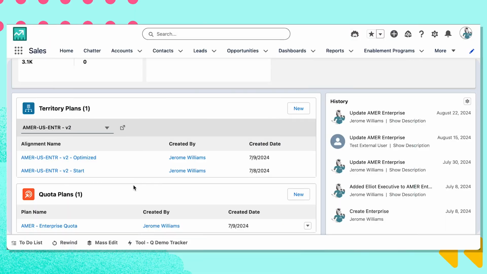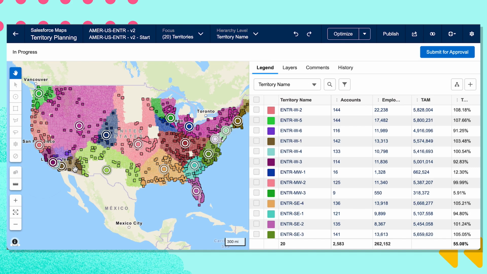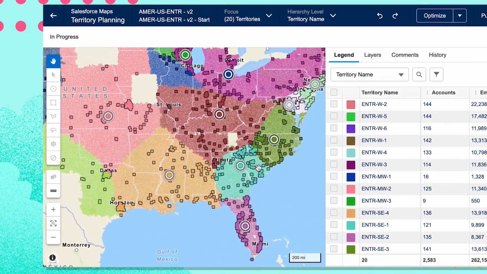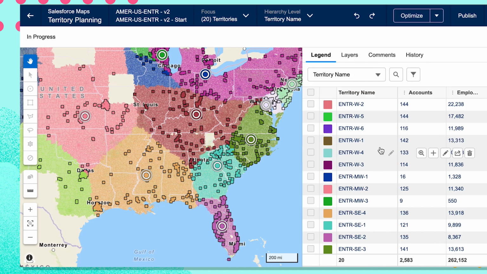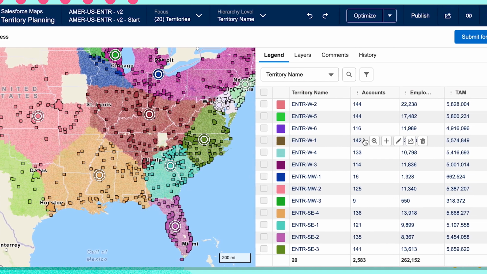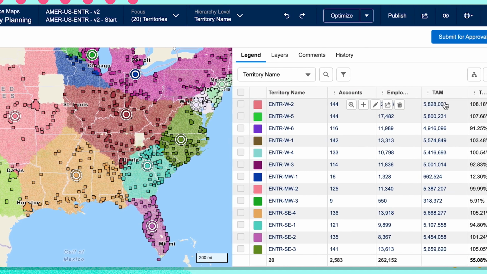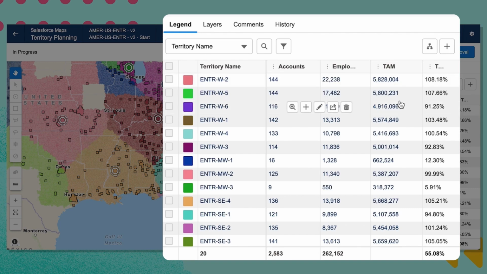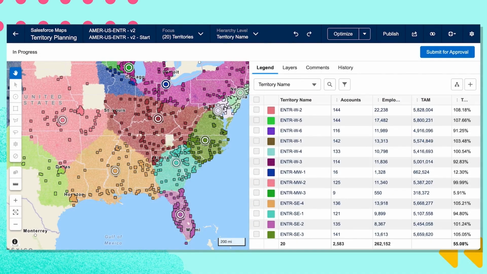Let's go ahead and wrap up our territory carving for this particular segment to help ensure we're ready to deploy our territories for next year. By opening up the territory alignment page, I'm immediately greeted with my current territory alignment here on the left, where I'm able to see the geographic distribution, but also any of the key metrics that I've brought into the planning process across my different territories, in our case, accounts, employees, TAM, etc. As you can see, these territories have seemed to become a little bit imbalanced over the course of the year. So let's go ahead and use some of our carving tools to make a quick change.